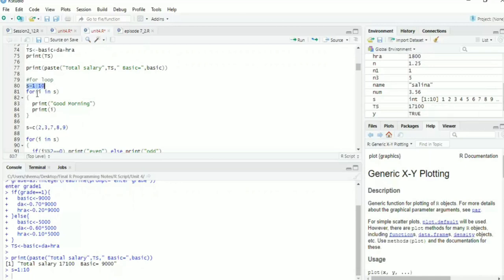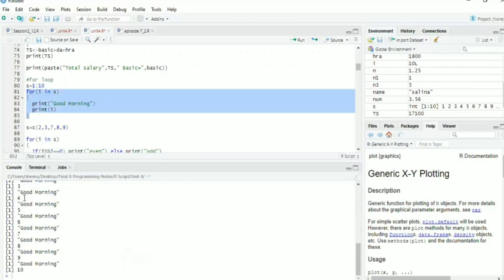So for i in s means that it will take the values of s one by one: 1, then 2, then 3, and it will execute as many times as the number of values s has. For example, if s is 1 to 10, it will execute 10 times. If s is 1 to 20, it will execute 20 times. So here we will see.